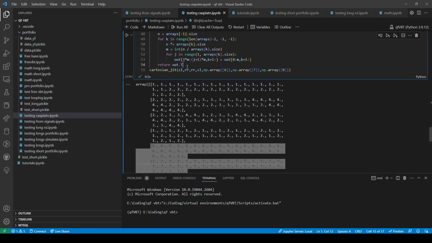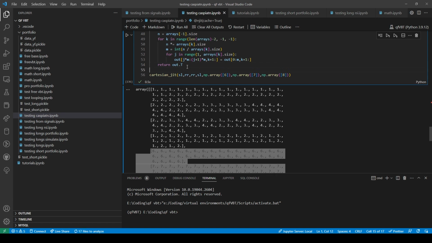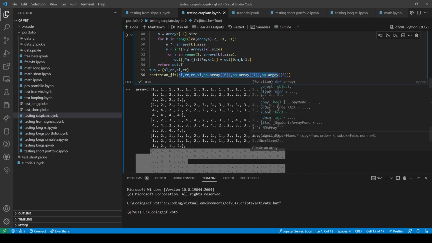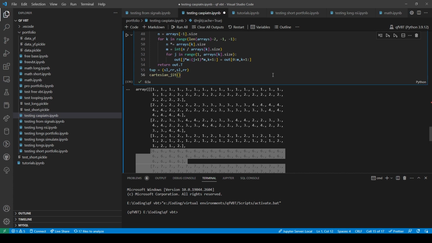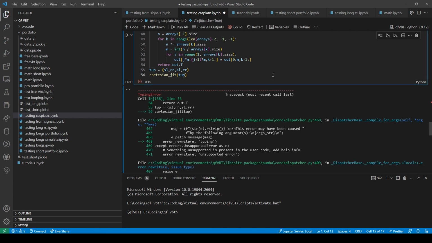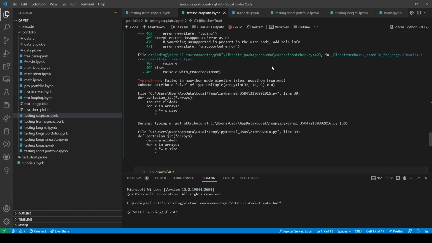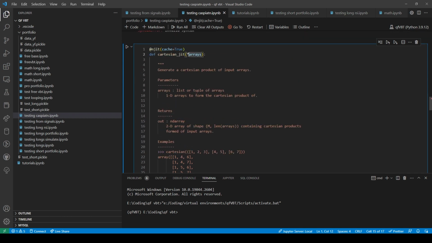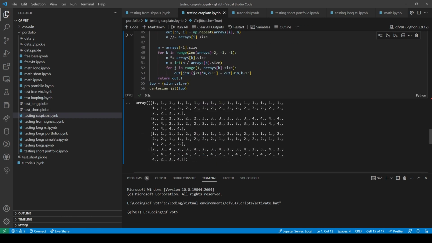So could we do this? Tup equals SL RR SL RR. Maybe it's a tuple of a tuple. There we go.